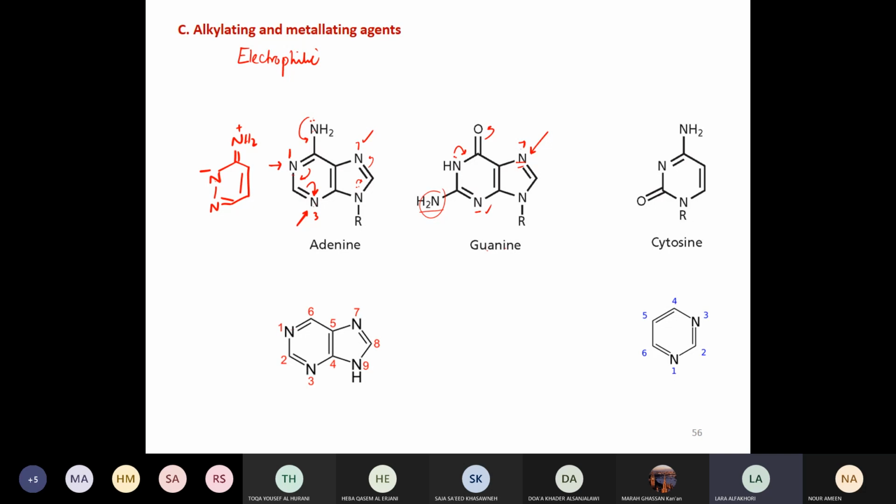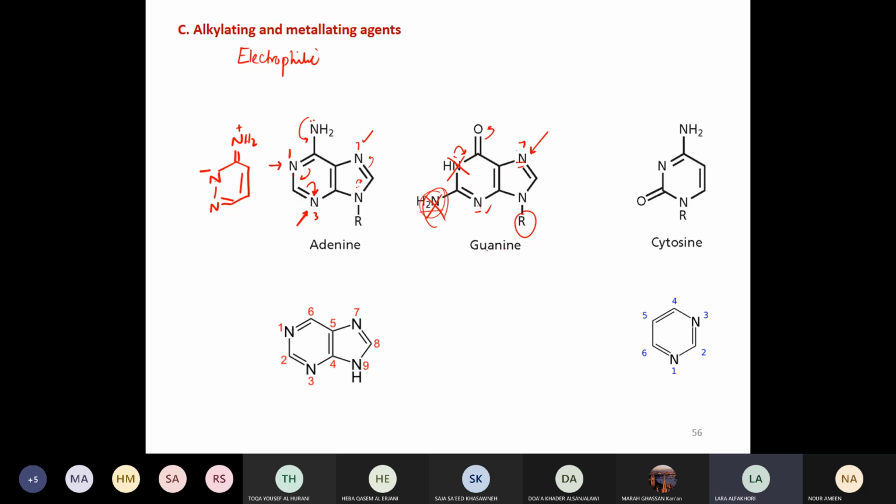هلا يعني مثلا في حالة الجوانين knowing الالكترونكس على طول أنا بلغي هاي النيتروجين وهاي النيتروجين إنه ممكن يصير عليهم alkylation. بصفي عندي 7 ونمبر 3. هلا ما بين 7 و 3 I would expect إنه 7 لأنه هاي النيتروجين is more exposed. يعني if you look at the area around it, there are no groups that are blocking النيتروجين إنها توصل electrophilic atom بالalkylating agent. This nitrogen, you have an R group next to it, you have an NH2 next to it, thus it's somehow sterically hindered أو almost blocked, فصعب إنها توصل للإلكتروفايل.